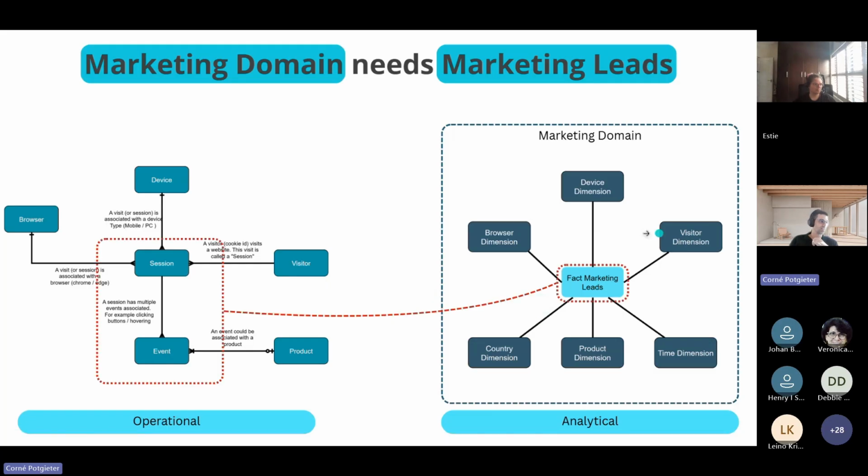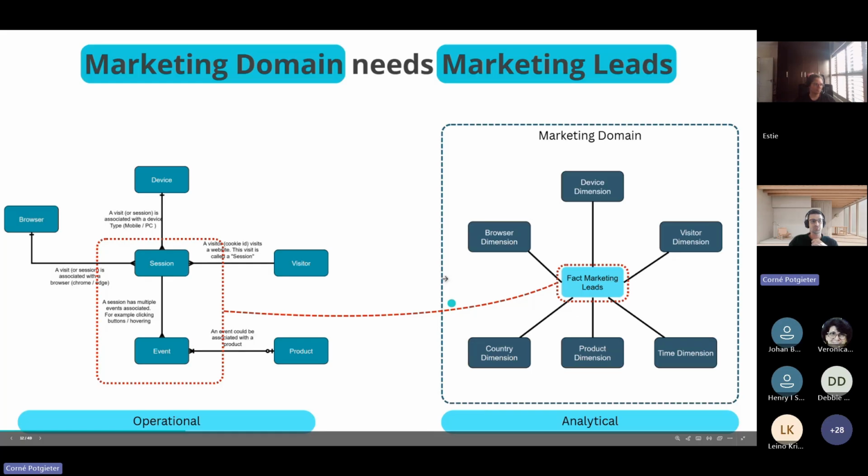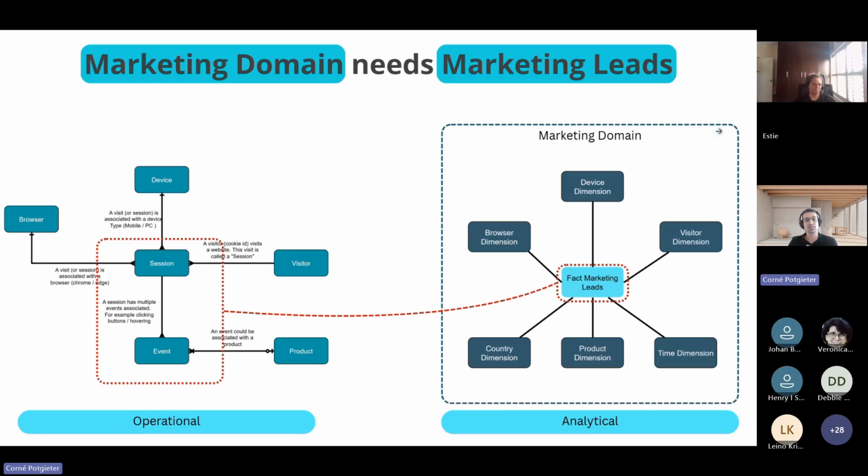So the hard work is really turning all of the information between the session and the event into your fact table. I've already assumed that we will go with a dimensional model here as your analytical output, because this is still what I see 95% of the time practically being built in the industry.